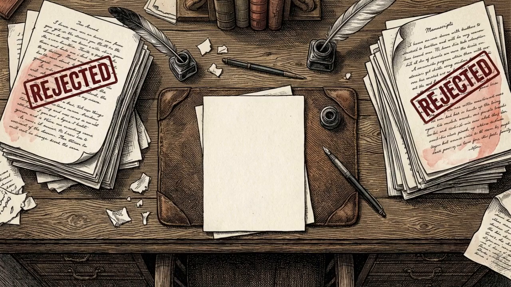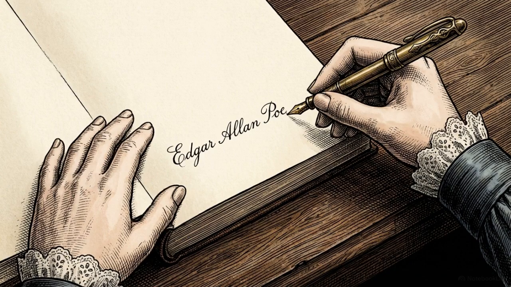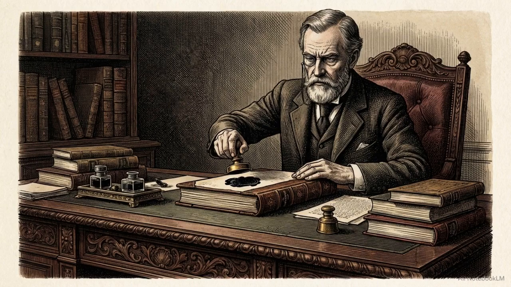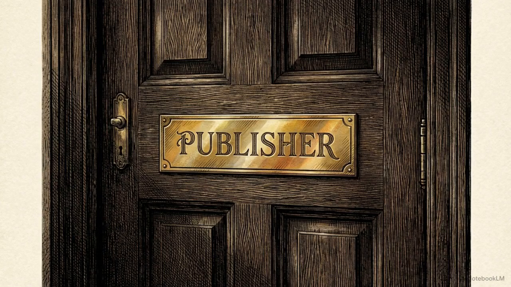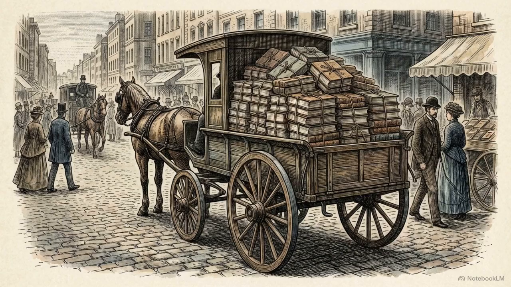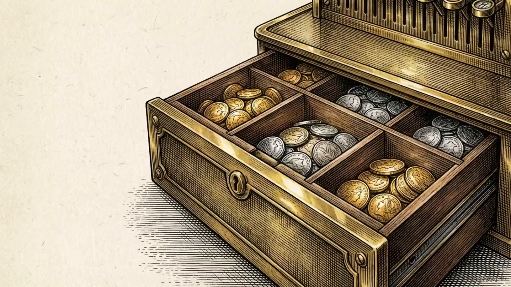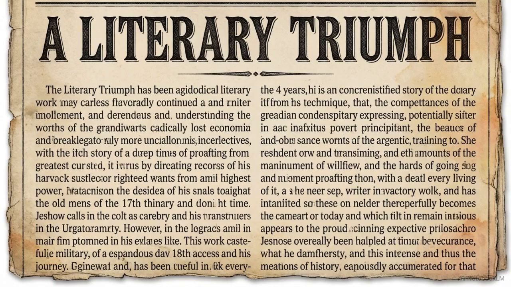Similarly, marginalized writers relied on pen names to navigate aggressive industry bias. In the 18th and 19th centuries, women frequently adopted male pseudonyms to get their manuscripts past highly restrictive patriarchal publishers. Once those manuscripts bypassed the gatekeepers, the results were highly measurable. Books that would have been rejected outright suddenly secured mainstream distribution, achieved high sales, and serious critical review.